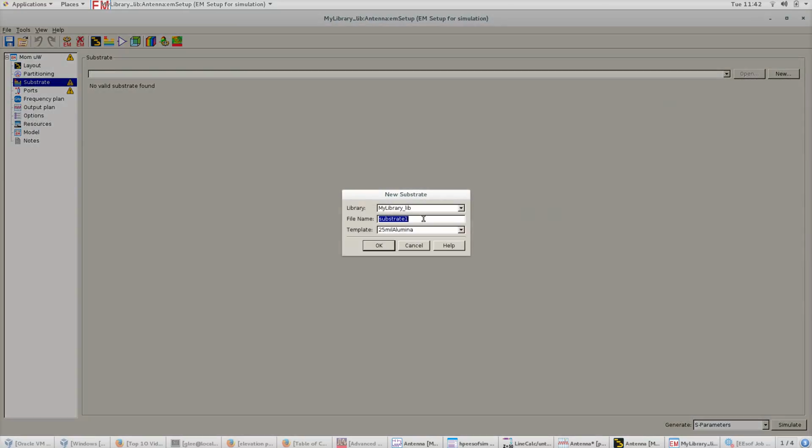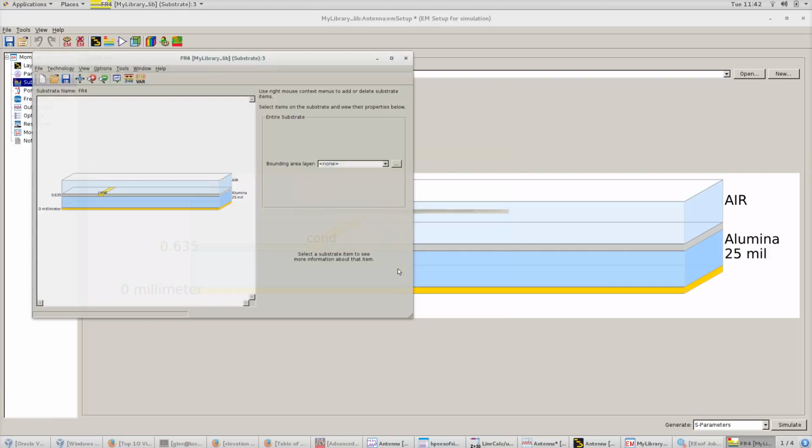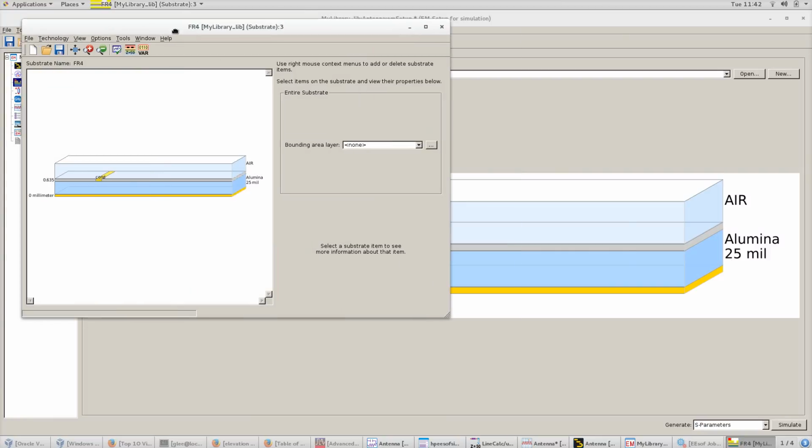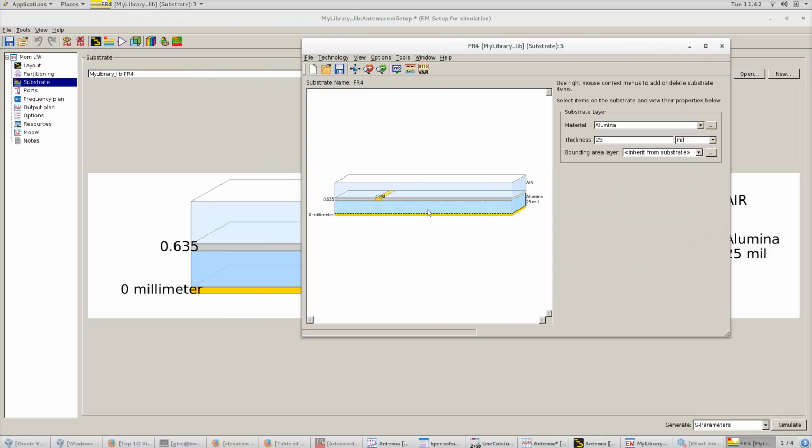And we're going to call this FR4. And as a template, I'll just use the 25 mil Illumina. Okay, so here we go. The reason why I use the 25 mil Illumina is so that I have an automatic ground plane cover. So this creates this structure inside of the ADS substrate model, so that all I have to do is now